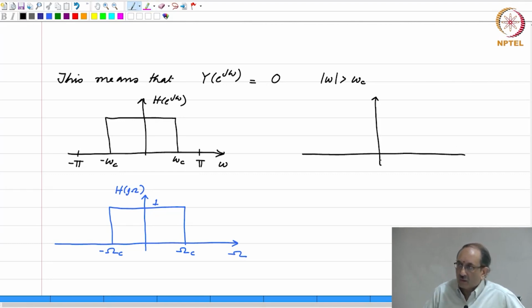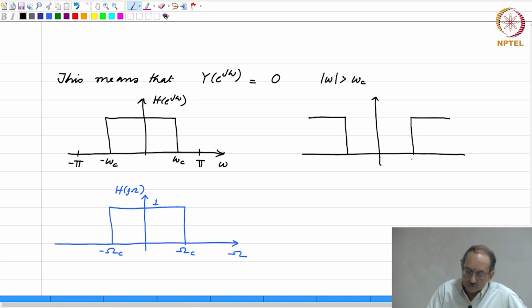If you now talk about the corresponding high pass case, if the cutoff frequency is omega c, it will pass all frequencies above omega c. That is what the ideal high pass filter will do. From 0 to omega c, it will cut things out. So, this is what is going to happen. So, this is omega c, minus omega c, this is H of e to the j omega, and the